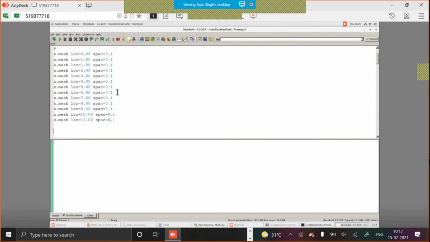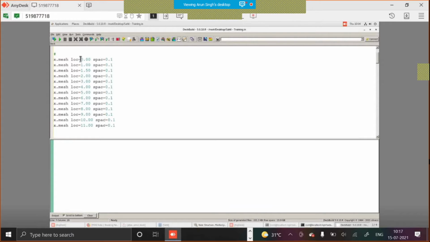So after defining the X mesh, the commands are very simple. You have to write x.mesh for X mesh, and then LOC means location, from where to where, and SPAC means spacing. What is the spacing? You can compare it with a ruler or a scale, a centimeter scale, which has 10 divisions between 0 and 1 centimeter, like 0, 0.1, 0.2, 0.3, 0.4, 0.5, similarly till 1 centimeter.